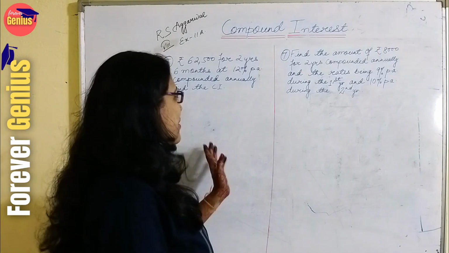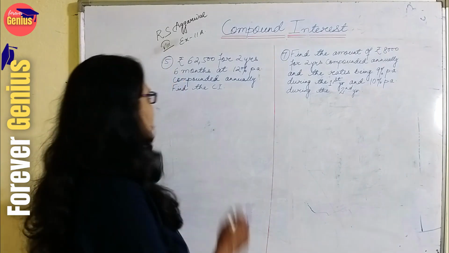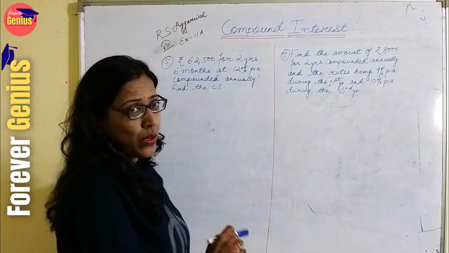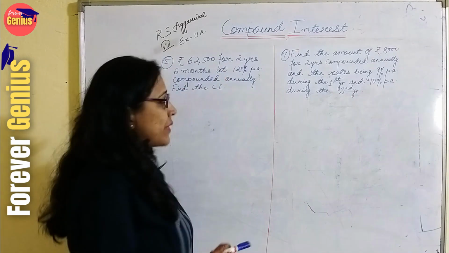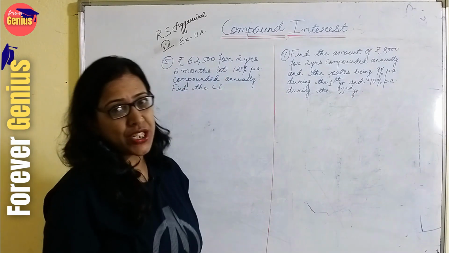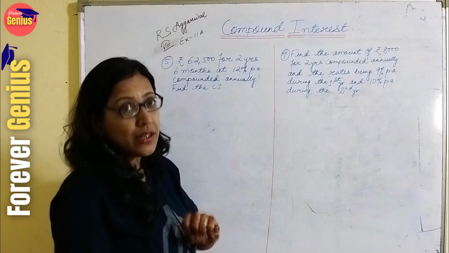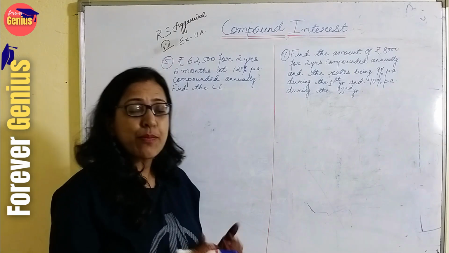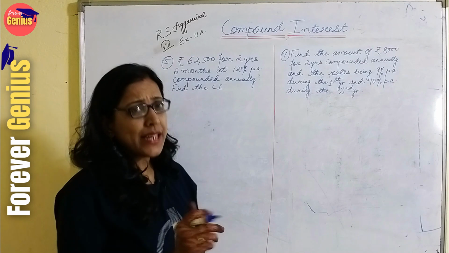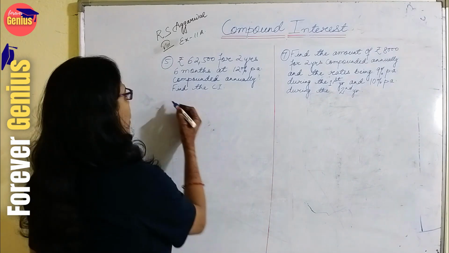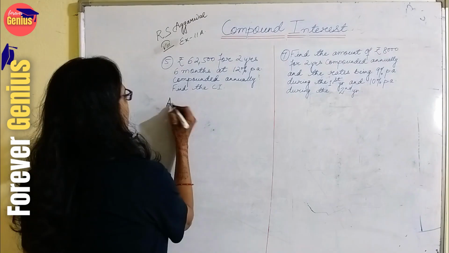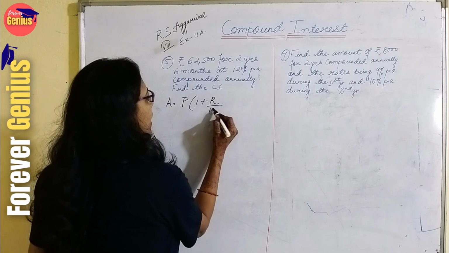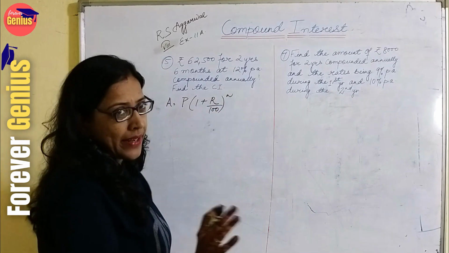Welcome students, we were doing compound interest. So now in this session, we would learn how to calculate when the time is given in fraction, or they are not in whole numbers, meaning complete years is not given. Then how are we supposed to apply the formula? Let's see, the formula being the same. So what is the formula for calculating amount? Amount is equals to P into 1 plus R by 100 to the power n.